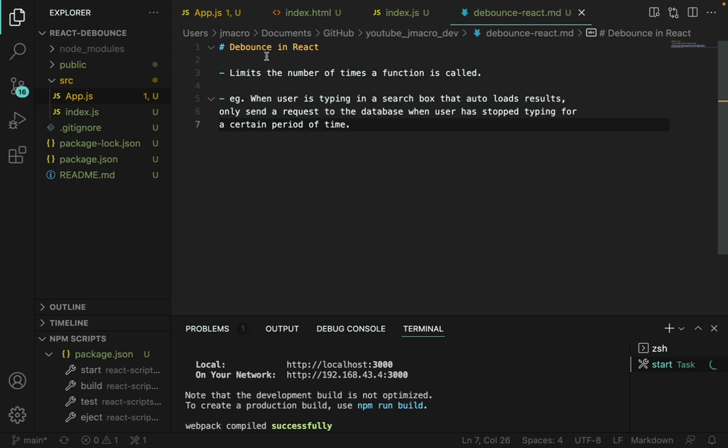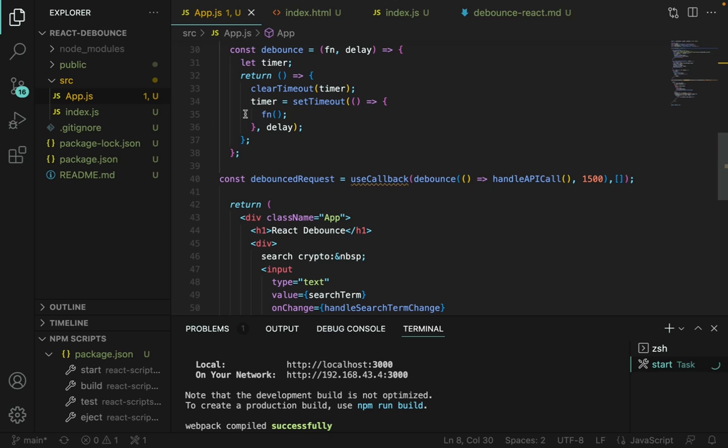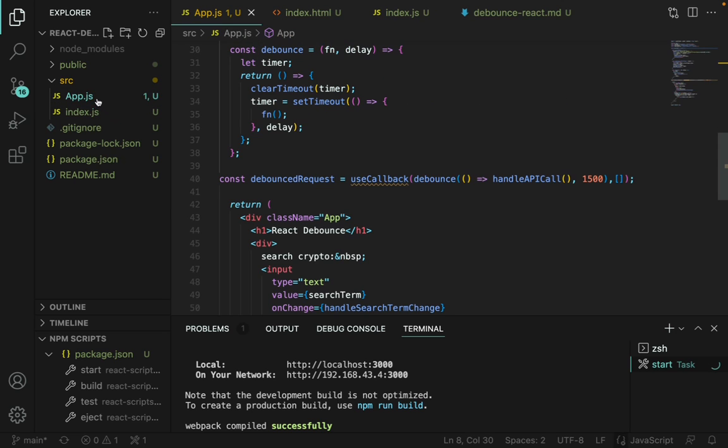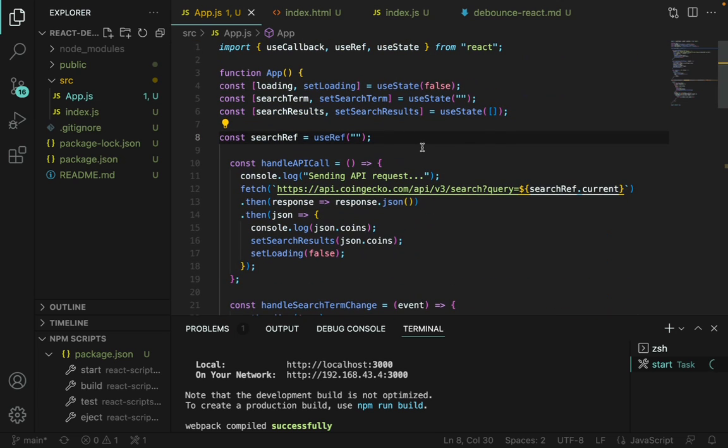Now I've spun up a Create React App application, and I've removed all the unnecessary files. I'm left with an app.js and an index.js in my source folder. So in the app.js, I've got three states. I've got a loading state for when it's loading the results, a search term for the user inputted search, and search results, which is for the results from the